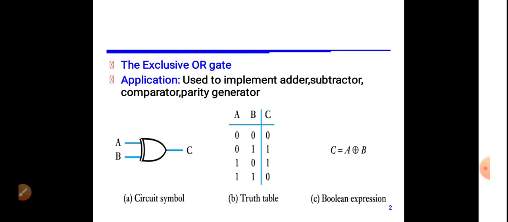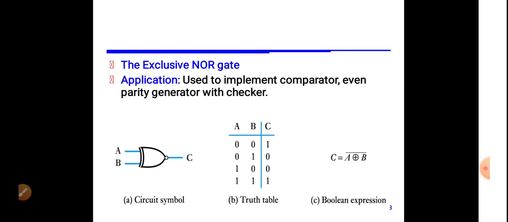Whenever you are entering the first floor, you will be switching on, so that switch is on at the ground floor, but the switch is off at the first floor. Once you go towards the first floor, again you will be pressing a switch button at the first floor. So that itself indicates you are making use of a ground floor switch as well as a first floor switch. Whenever both the switch positions are in the opposite direction, only then is the bulb going to be on. When both the switch positions are in the same direction, the bulb is off. This is a basic example for an exclusive OR gate.